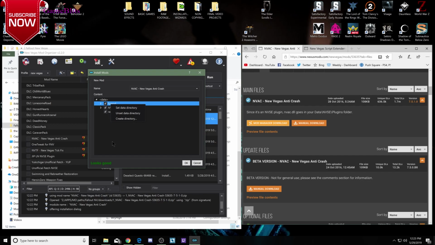Alright, don't find the second or third box down, find the uppermost box that has a check mark here. Right click on it and hit Set Data Directory. And then that should change it till it looks good. And if it doesn't,